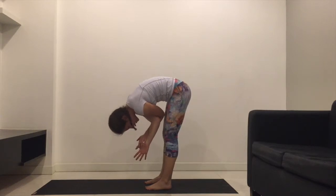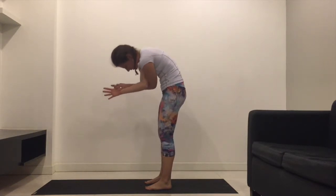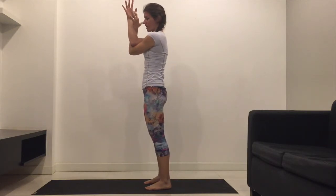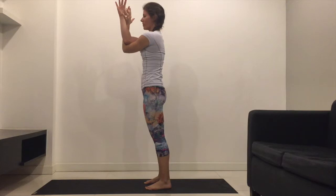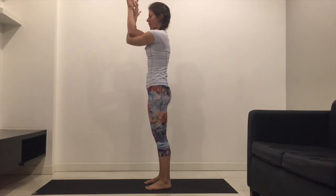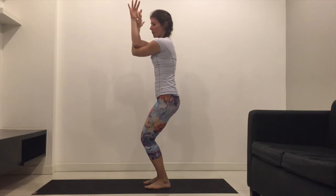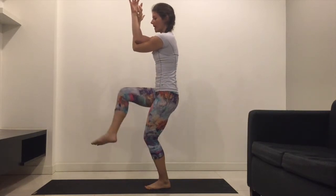And then on your next inhale, just slowly rise back up. You'll keep that bind though with the elbows. So right arm is under the left, elbows will pull back away from you and hands will lift skyward. You'll bend at the knees and then shift your weight into the right foot and send the left leg over